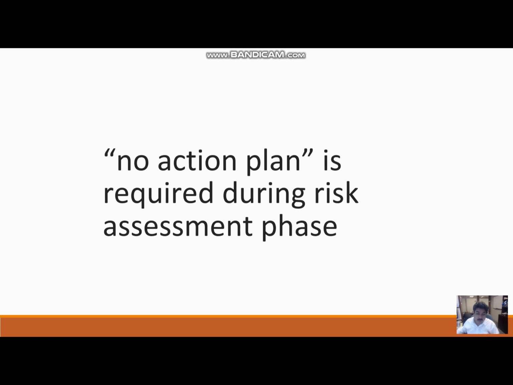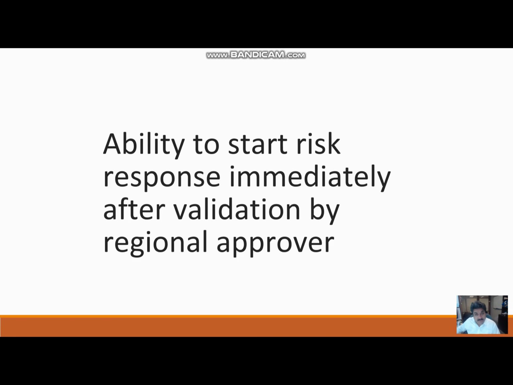Well, there's one good news. The good news is that there is no action plan requirement in the new system. We don't have to prepare any action plan in the 2018 risk assessment stage. Why so? Because we are launching risk assessment and risk response together, which primarily means that you will be able to undertake risk response immediately after the risk assessment is validated.